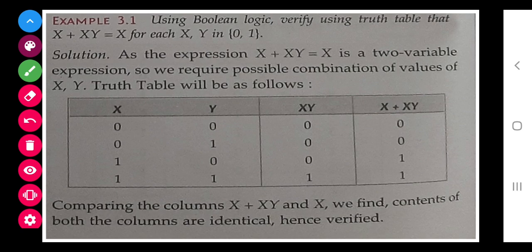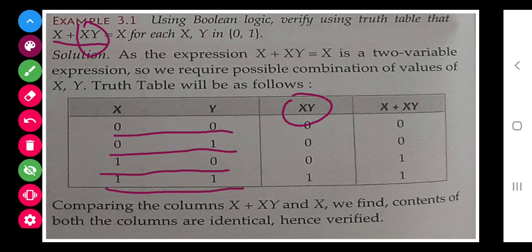Now some more questions are there class. This you have to do. In this also, using Boolean algebra, verify with the table that x plus xy is equal to x. So first we will find xy, this one part. xy means x dot y. So it will be 0, 0, 0, 1, because in the AND condition, only when both are 1 is it 1.